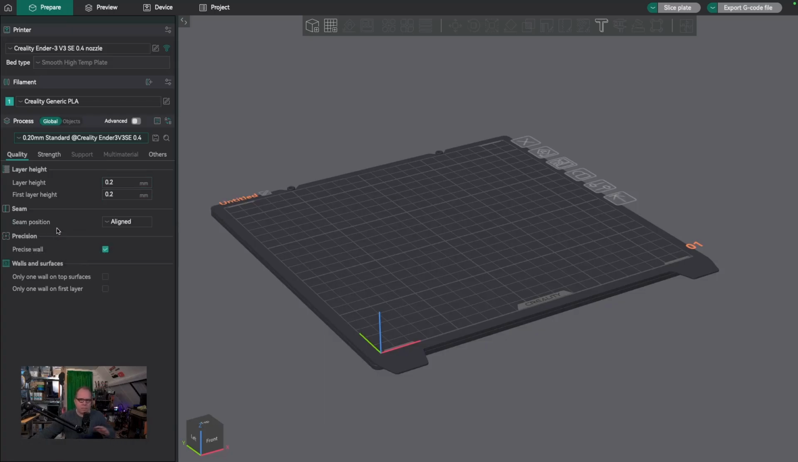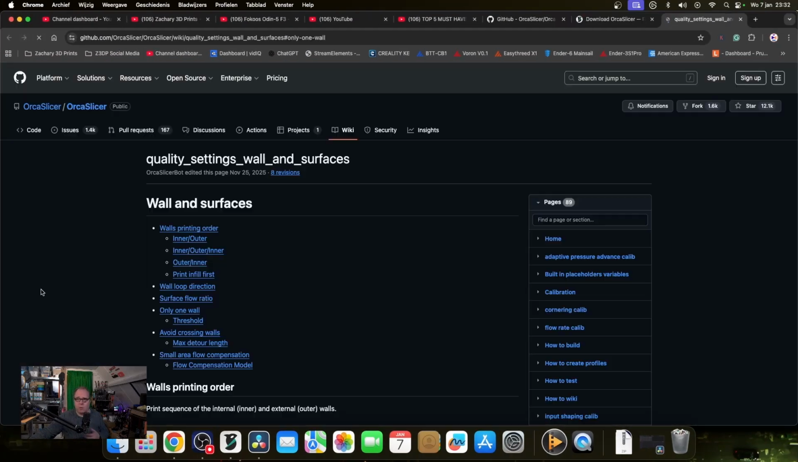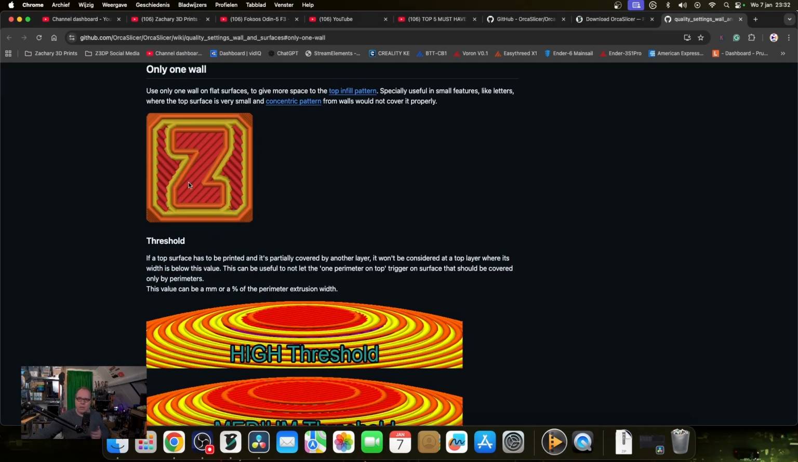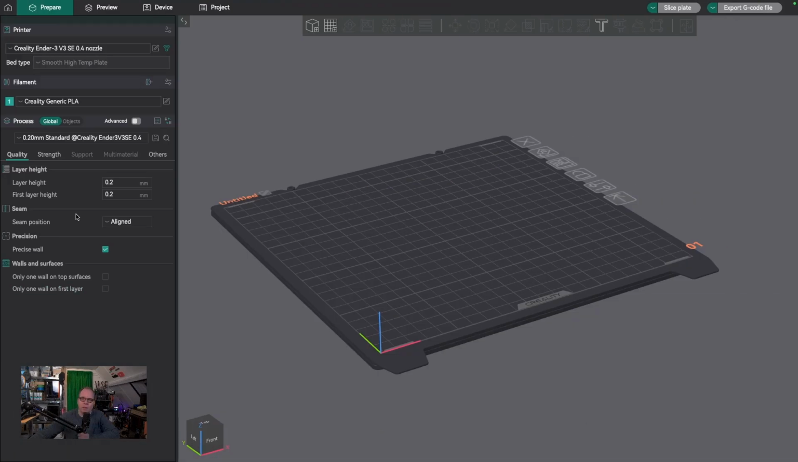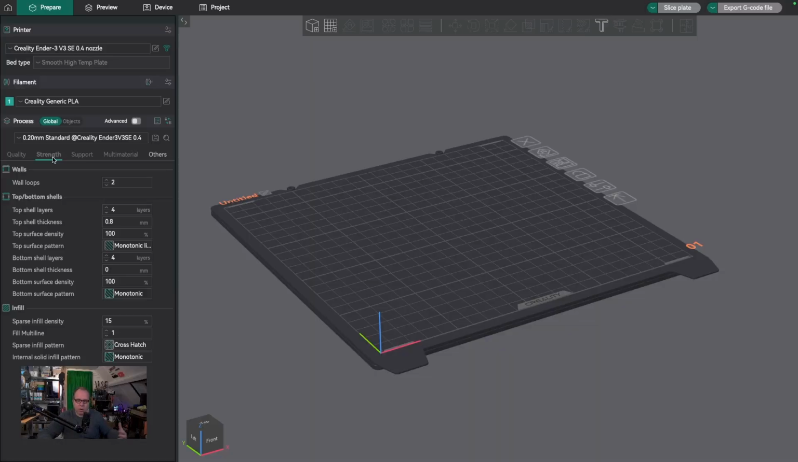The seam, something that we don't need to talk about right now. If you hover with your mouse over it, every single thing that is standing here, if you hover long enough over it, you will get a little note what it is or what it does do. And since there's a line on it, if you click on it, you will be brought to the website and you will see exactly what it means. So going back to the Orca Slicer, then we have strength,